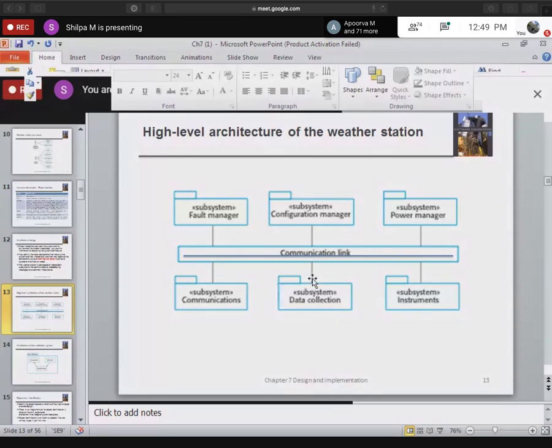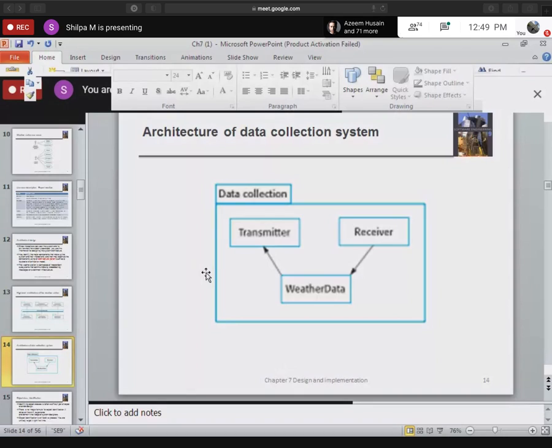Within it you have components called transmitter, receiver, and weather data. This data collection component will collect the weather data. There is a receiver which will send the data to the weather data, and there is a transmitter which will get the data from the weather data.